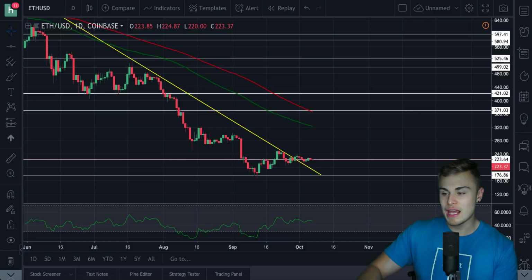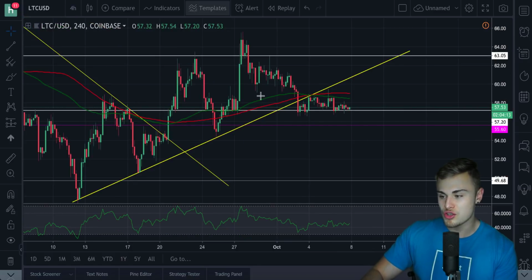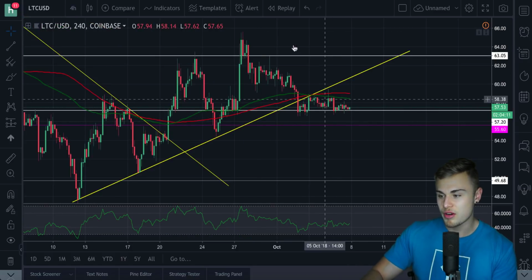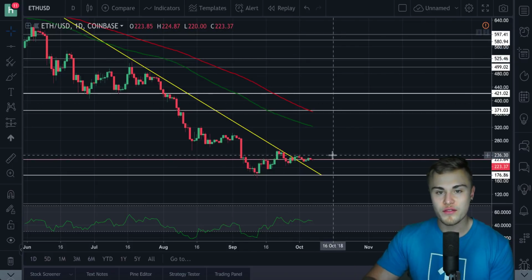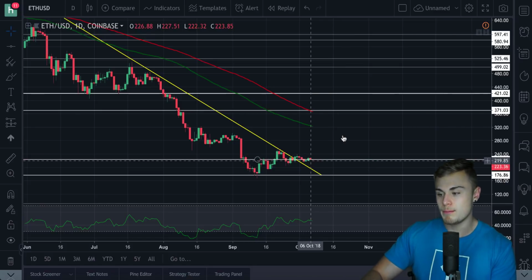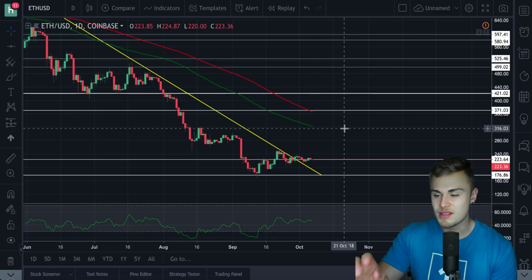And similar to Litecoin, as you guys can see, Litecoin is just trading out. Same thing with Ethereum. Ethereum is also just trading out. They're all waiting for Bitcoin to make the final move. And as soon as we see that move, we're going to see some sort of reaction and that volume trickle down into Litecoin and Ethereum and the other altcoins. And we could potentially see a beautiful movement upwards.